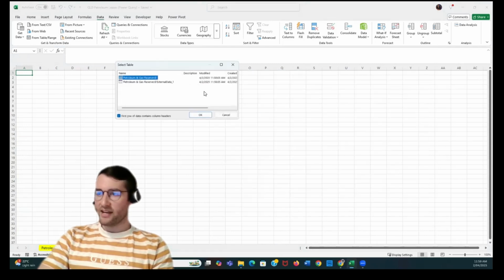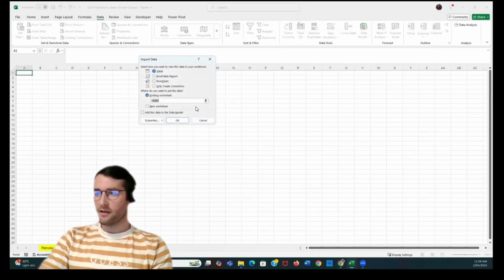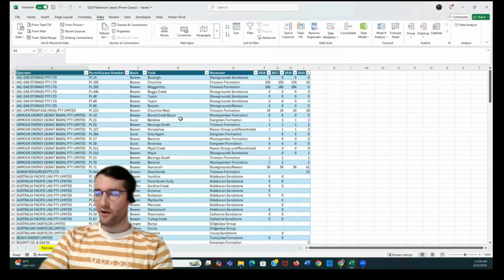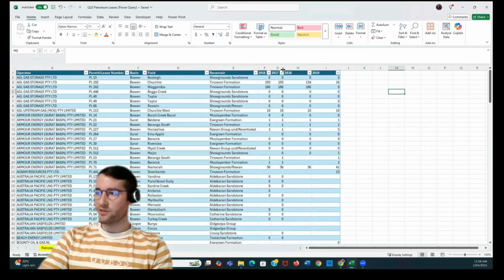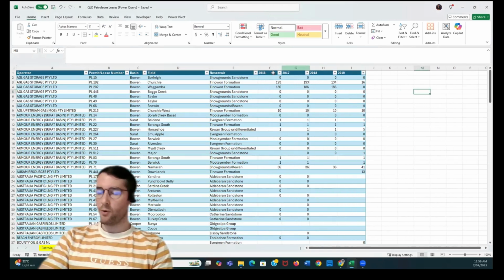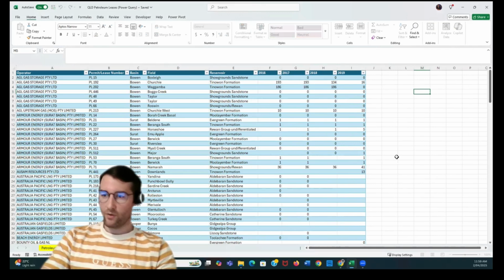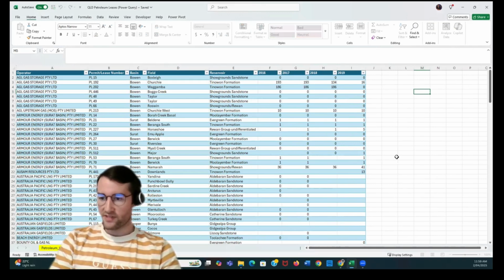Okay, and I can now connect this data source here. So I go okay, and we're just going to do a table here. Existing worksheet's fine. All right, so I've now pulled this across. So that data set that we were just looking at, that we just cleaned up in Power Query, is now here in our Queensland Petroleum Leases spreadsheet. So we now have, we'll call this gas production,